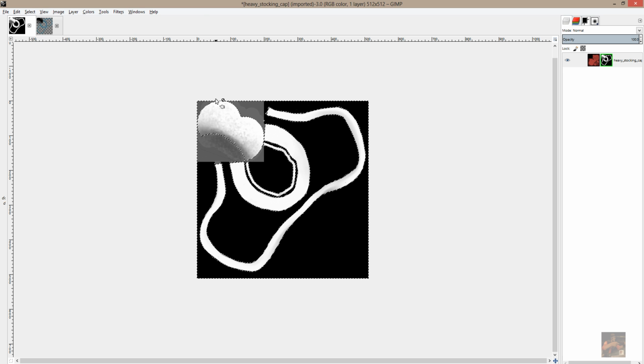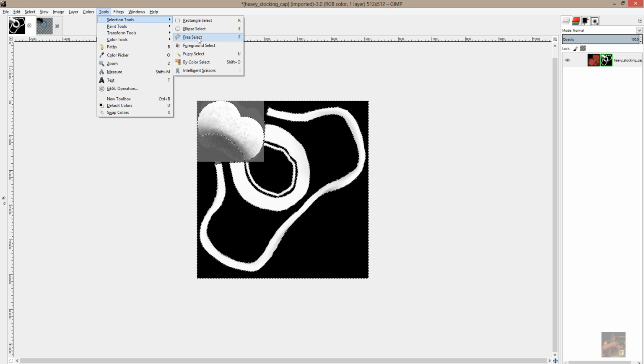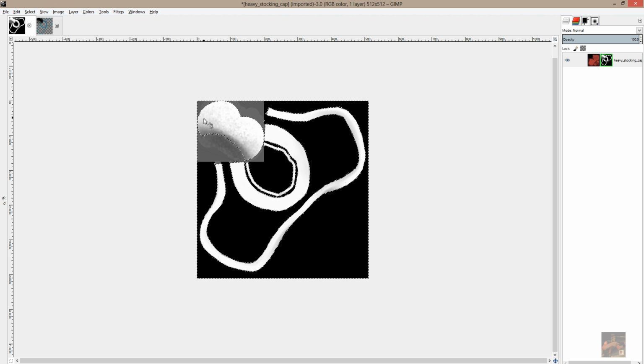Now I'm going to change my selection tool, go to Tools, Selection Tools, and pick up the Intelligent Scissors. And what I'm going to do now is hold down the Shift key and try to trace out the rest of the tassels. As I move the cursor along, I'm dropping a point by pressing the left mouse button. And because this is already selected,